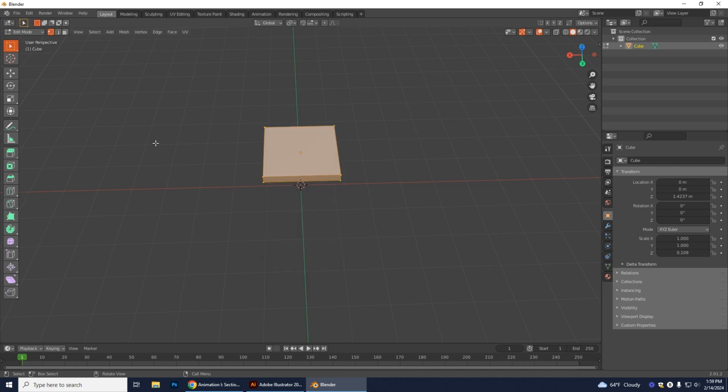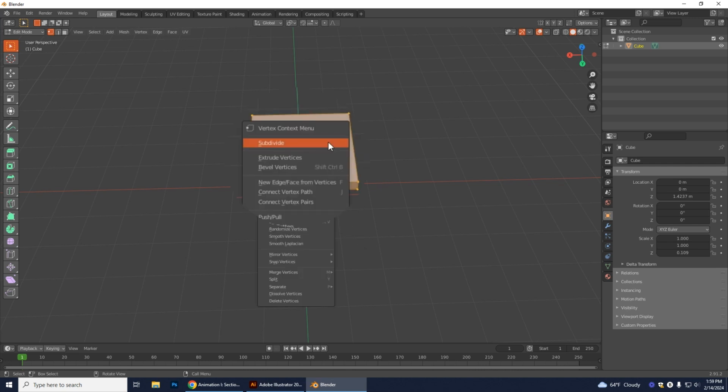And you're going to right click, make sure that your cube is completely selected. If it's not, for some reason you just selected it, all you have to do is press A on your keyboard and it'll select the entire object. Okay, because if you just click on it, it might not select it all, you can see. Okay, so press A, we're going to right click